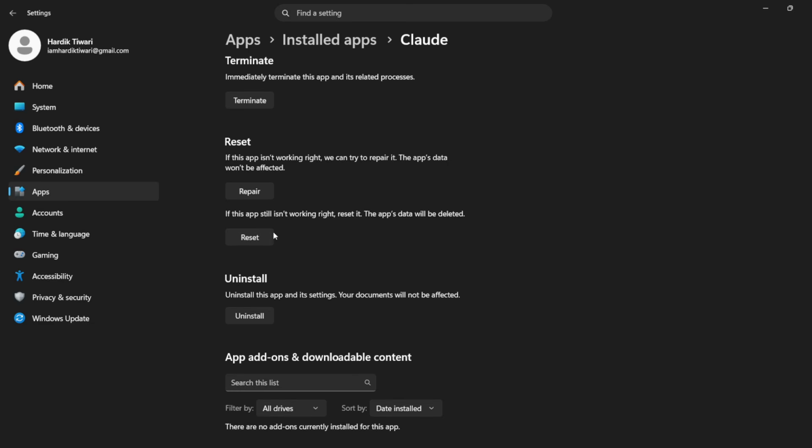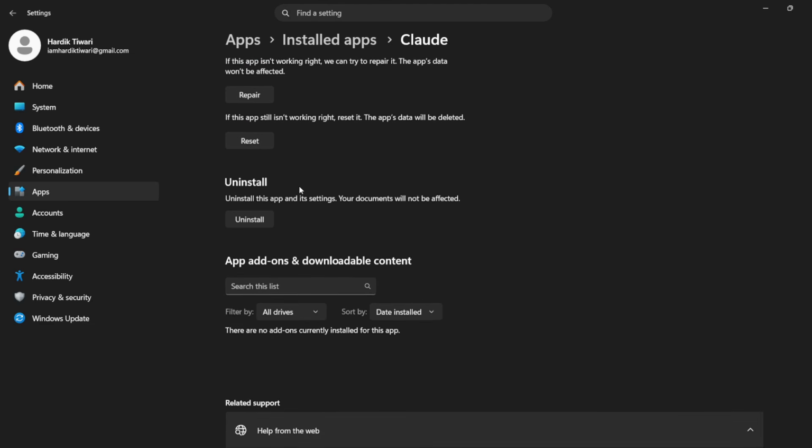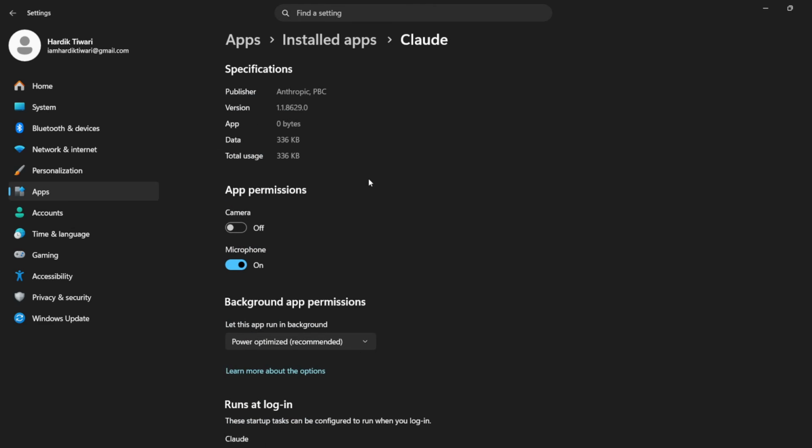Or also try resetting the application as well if this works, or alternatively you can also try to terminate the session, and maybe a new session will work when all of the processes are restarted. If even that does not work, try uninstalling and reinstalling your Claude desktop application, and